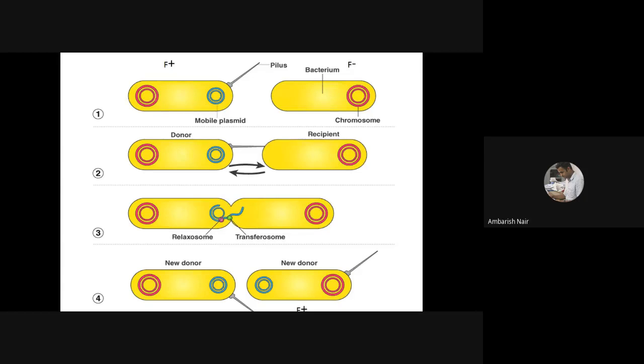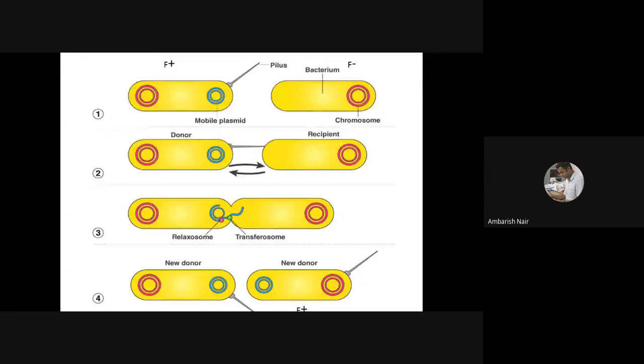The pilus is used by the donor cell to hold the recipient cell together. Once they are close, the cellular connection forms because the cell surface molecules are the same. If the surface molecules are the same, it is like taking one glass of water and pouring it into another glass of water; both will mix with each other, right? Same thing happens here because they are genetically the same molecule. The molecular nature is the same, the biomolecules are the same, so they will mix. The peptidoglycan layers mix with each other and form cellular connections.